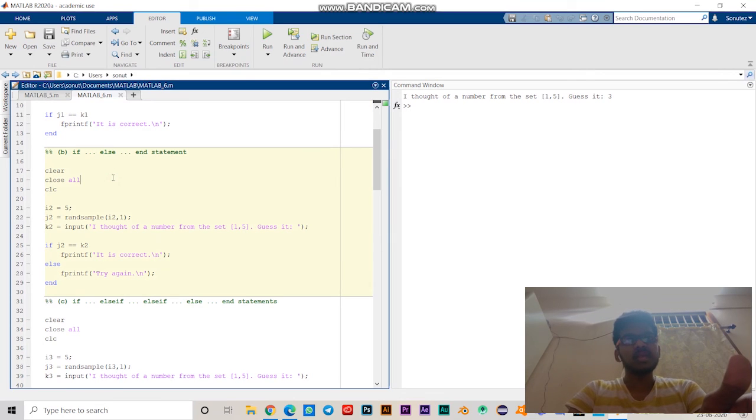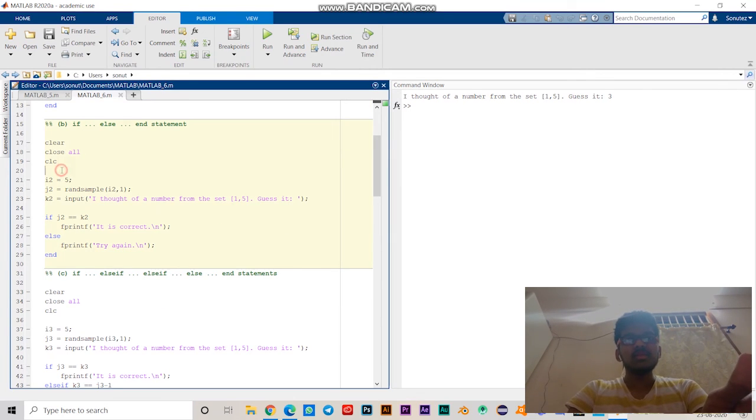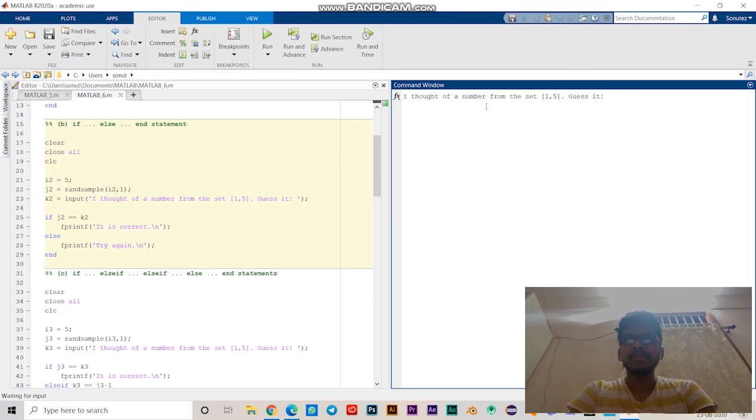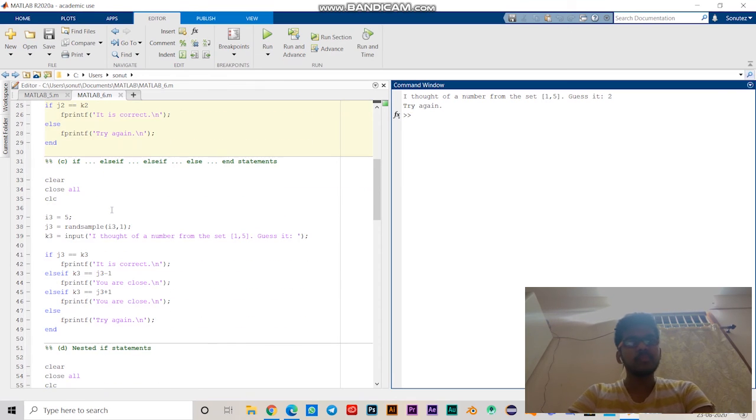Now we have an if else statement. Let's run this code. Now also it is asking to guess a number from 1 to 5, let's say 2. It is saying try again. Now it has an if statement and also an else statement. If it is correct then it will print it is correct. If not then it will print try again.